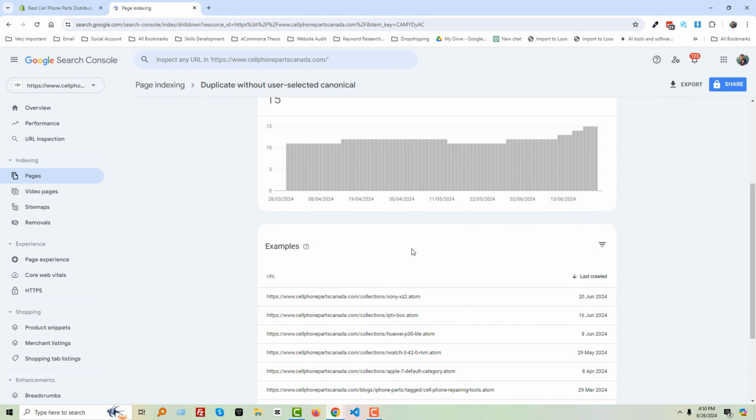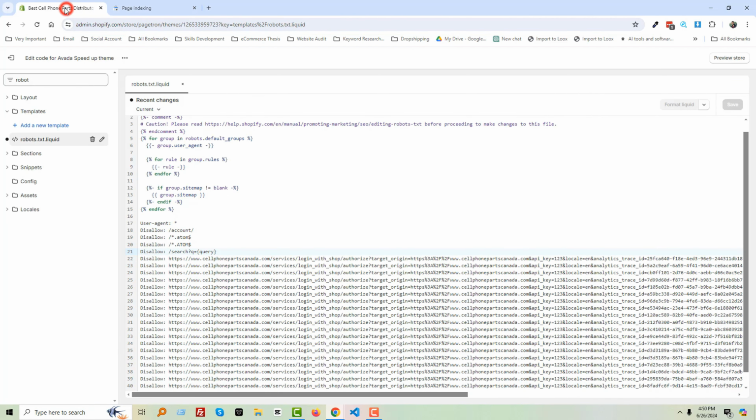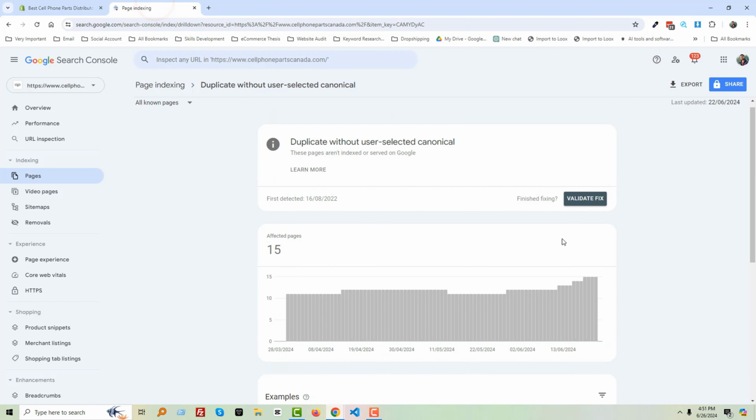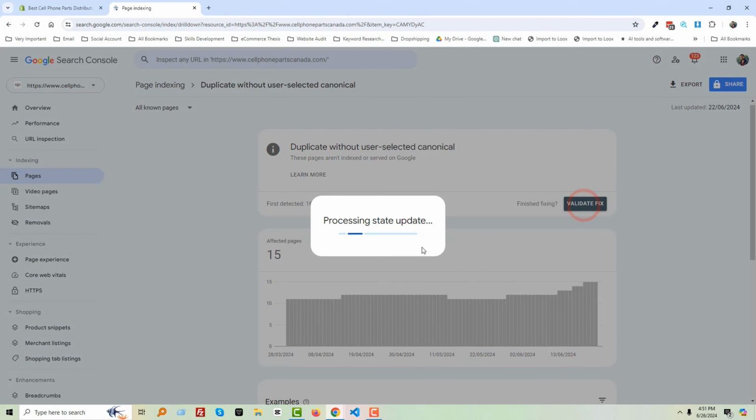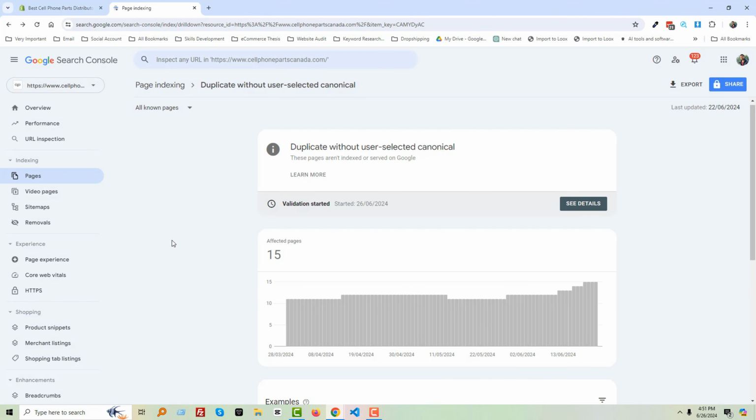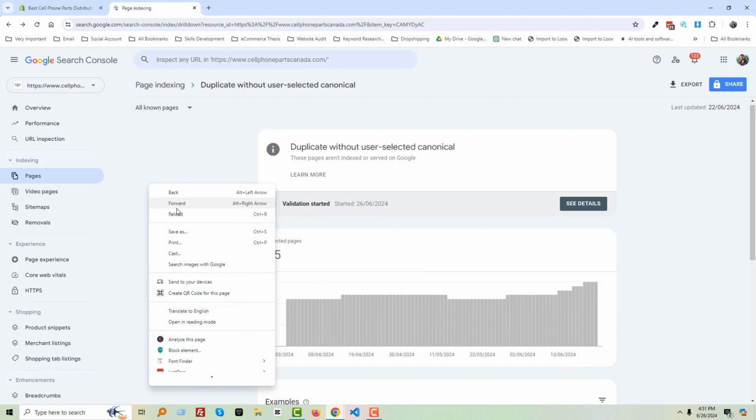Okay, as we have already added the code in the robots.txt.liquid file to disallow Atom files, then we can click on the Validate Fix button to send a request to Google. You can see that validation started. Reload again